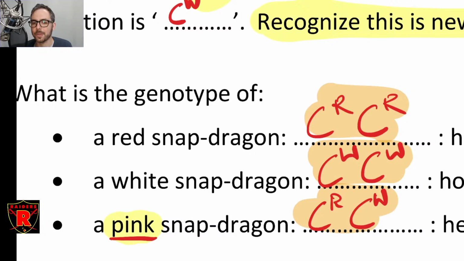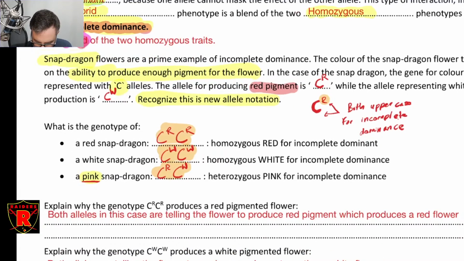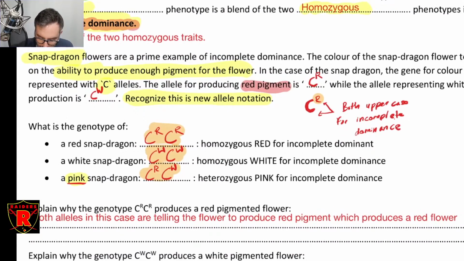That's an example of incomplete dominance. You've got both dominant traits happening simultaneously, and they produce a brand new thing. That's incomplete dominance. The reason that you get this is that both alleles are telling the flower to produce, so in CR,